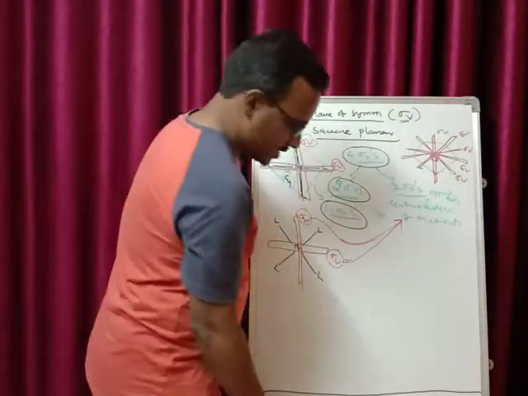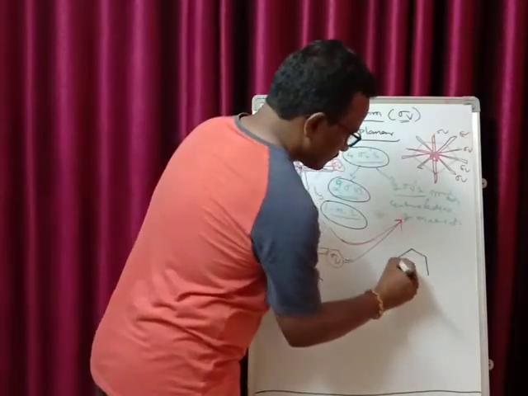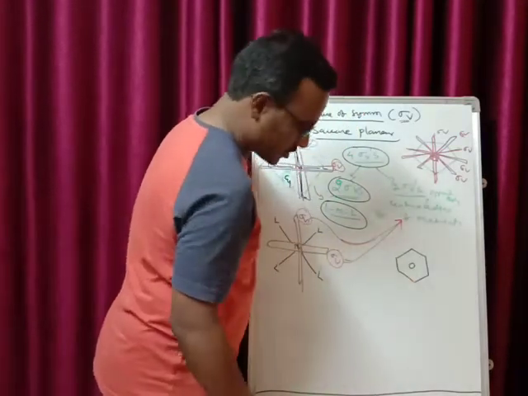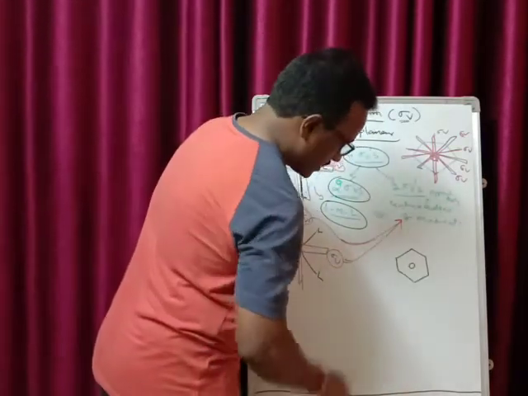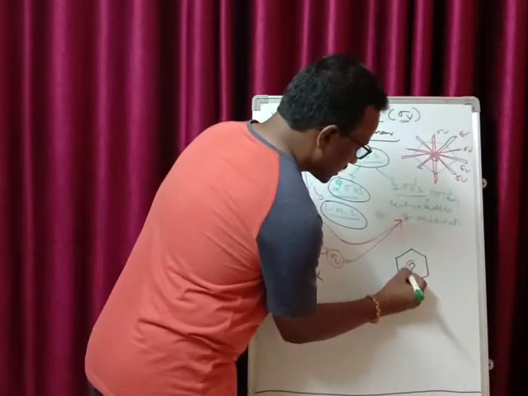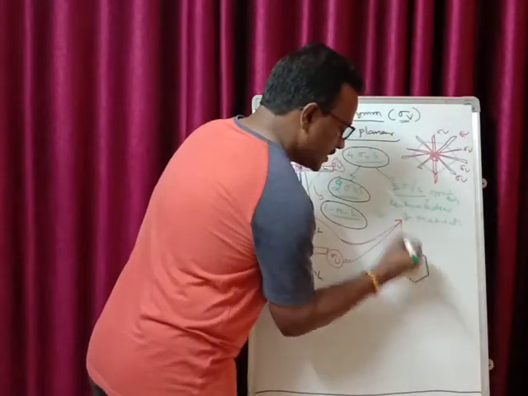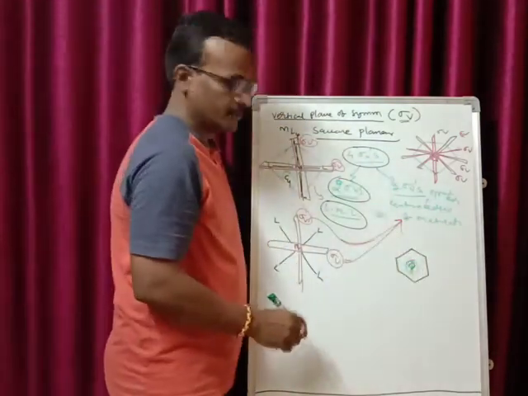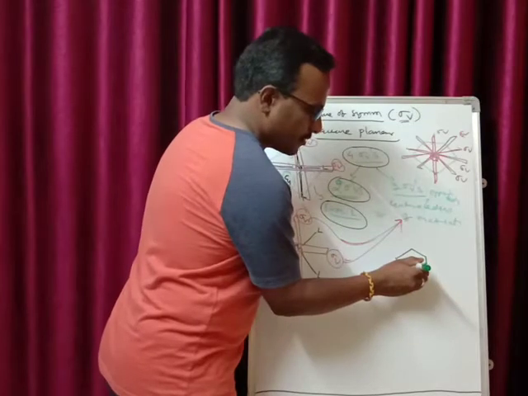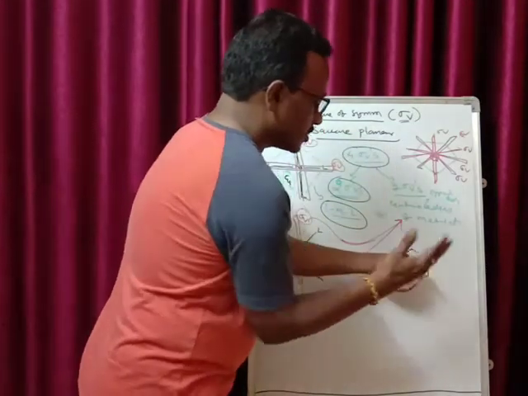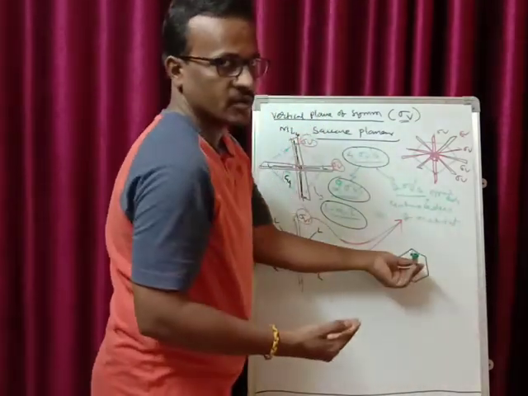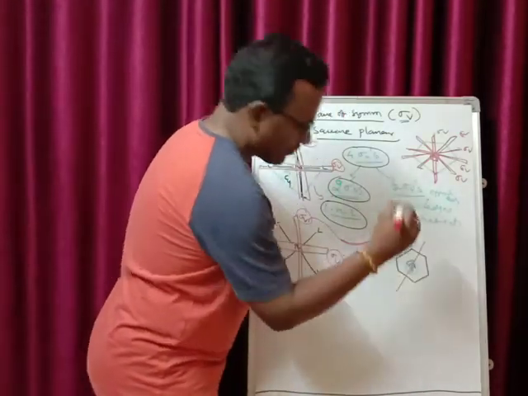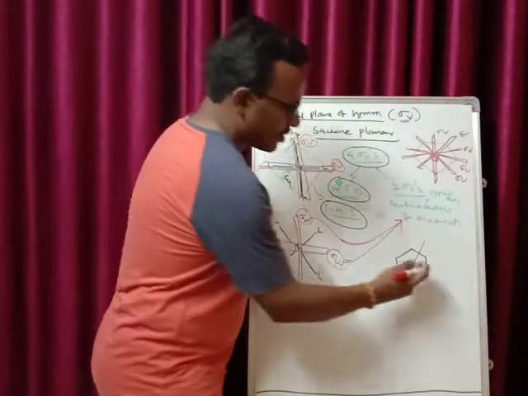Similarly, in case of benzene also, if you take the benzene, it has a C6 rotational axis of symmetry. The axis is passing through the center of the benzene. Rotation of every 60 degrees will give you the equivalent structure. So the axis is like this. Your plane will also be like this only. That is, it will be running parallel to your principal rotational axis of symmetry. That means if you bisect from here, if you reflect from the center like this, you get two equal halves.